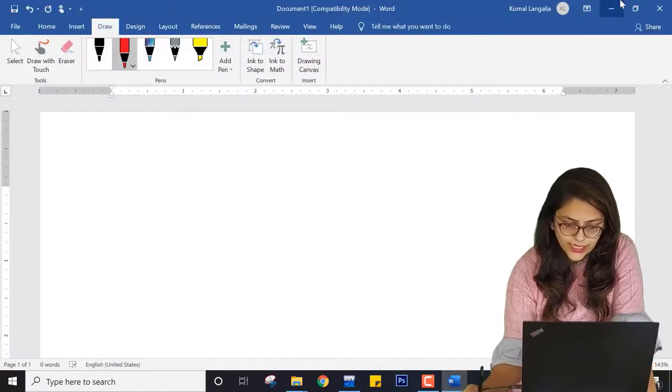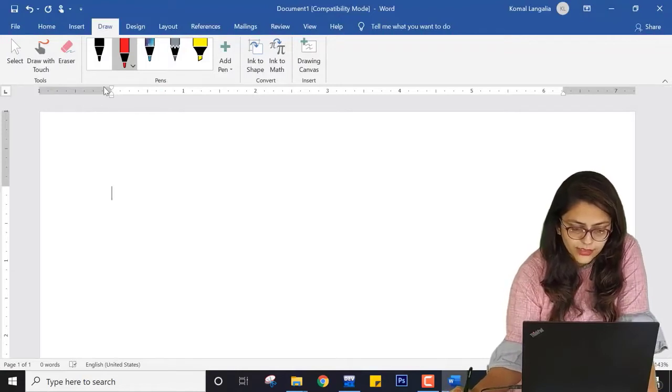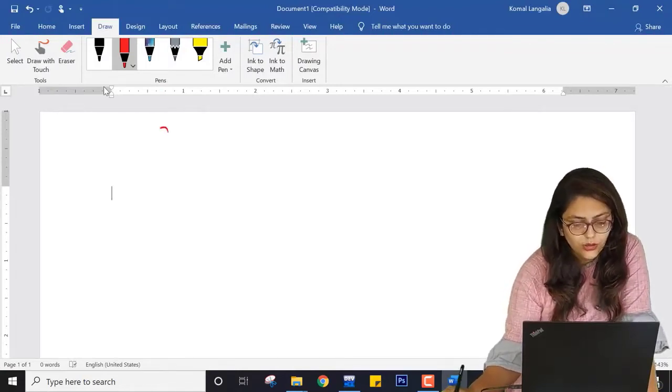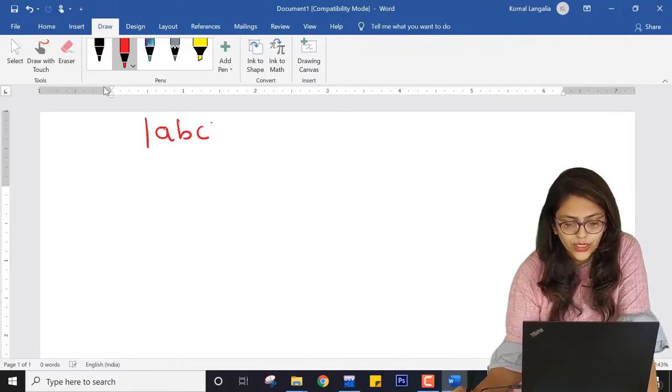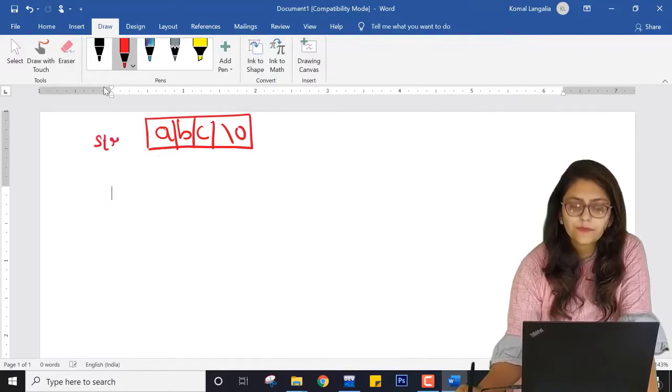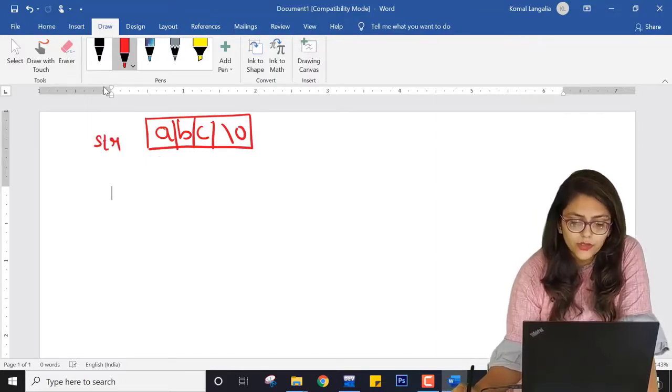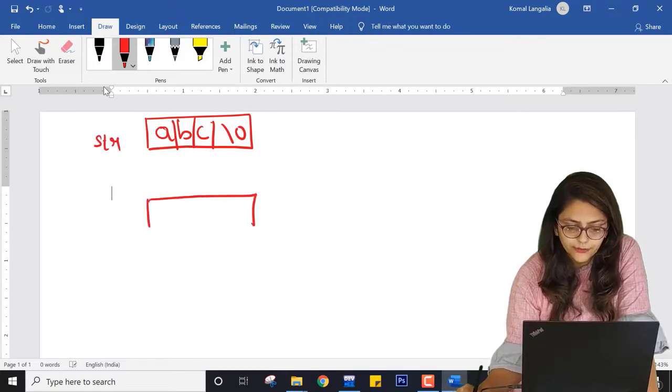So what they are saying, if the user has entered say ABC, right? So the string will be like ABC. Now I want a reversed string, that means I want CBA, right?